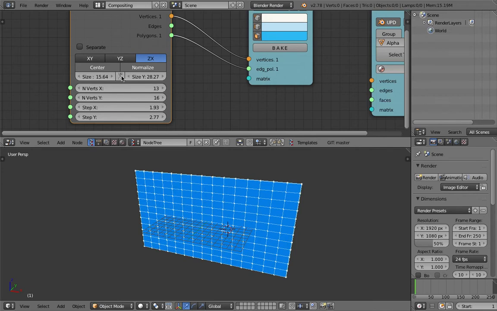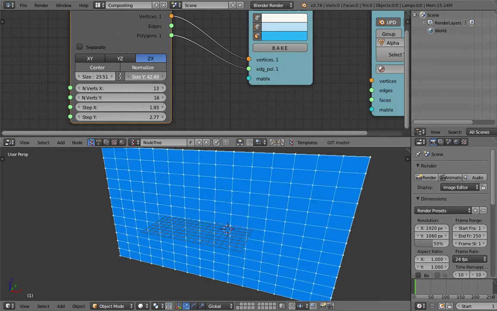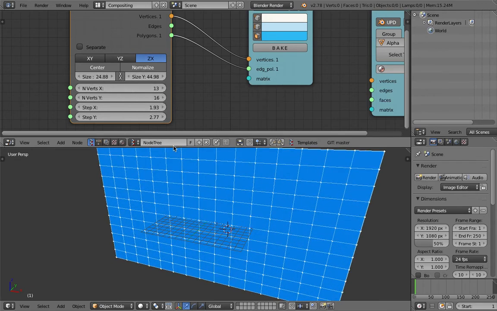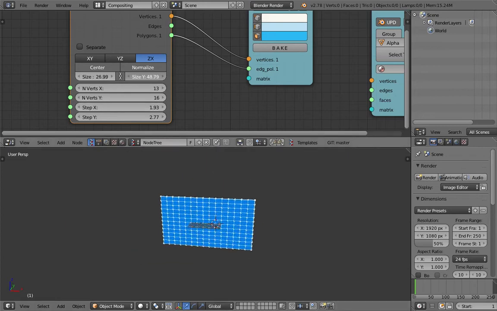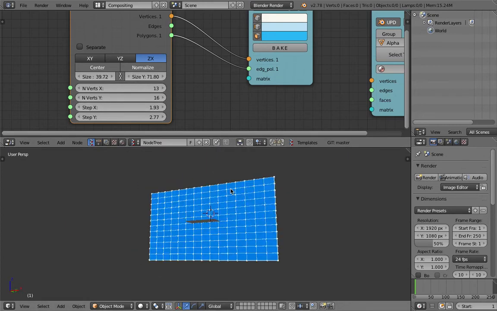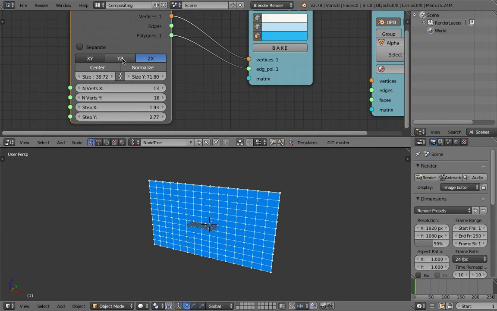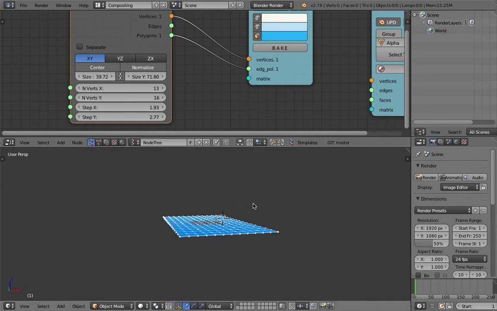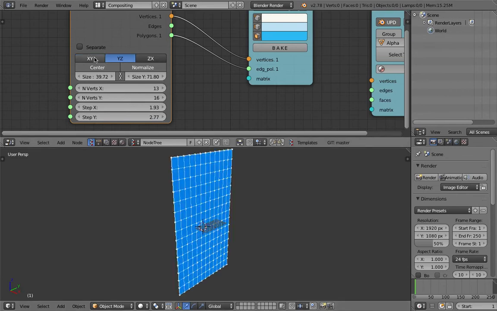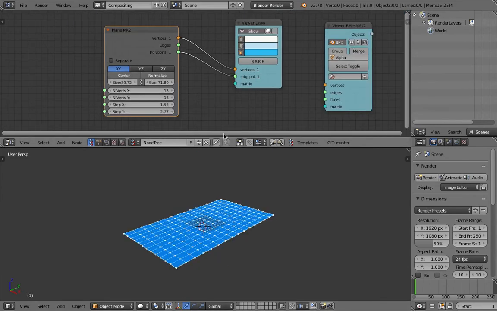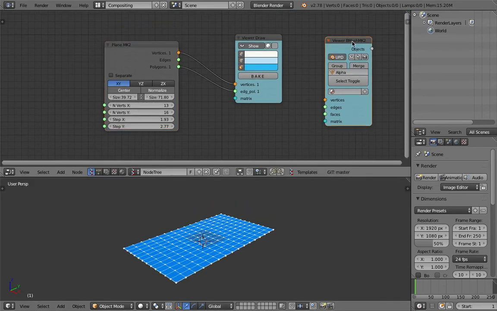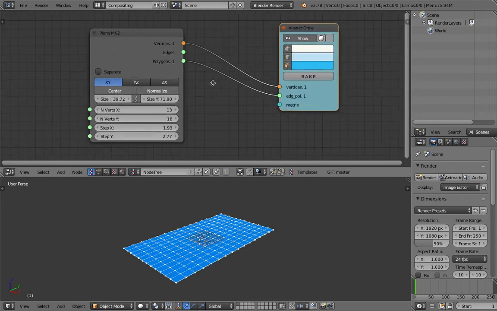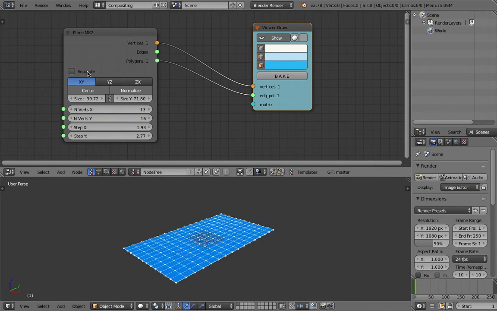If we like, we can also link this and constrain these dimensions. So it's very, very handy. Depending on what you want to do with it, you can have it in any axis or plane as you like. So cool, that's very cool. And one more option that's a little bit strange is this separate. If you turn on separate,